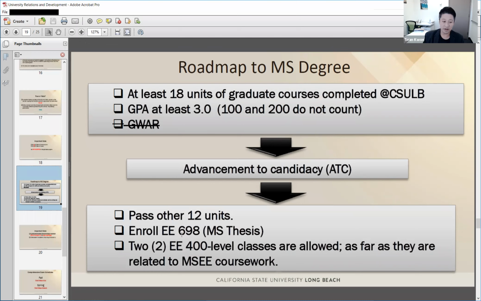On the other hand, the department allows you to take at most 2 EE 400 level classes. 400 level is usually for last-year undergrad students or senior students, but these classes are also very advanced classes.